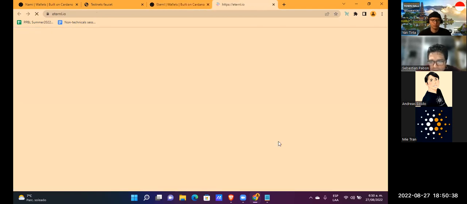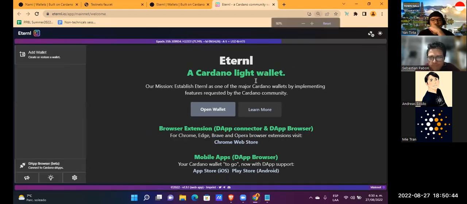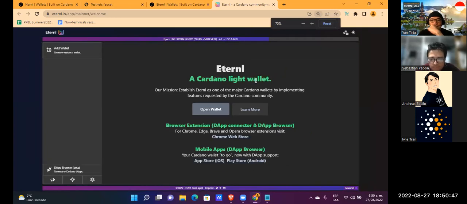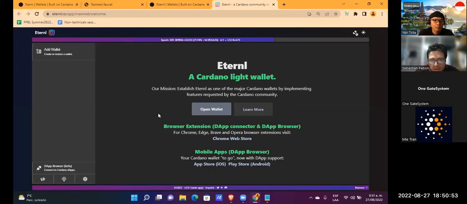You can go here, and this wallet already has all the updates of the new testnets.